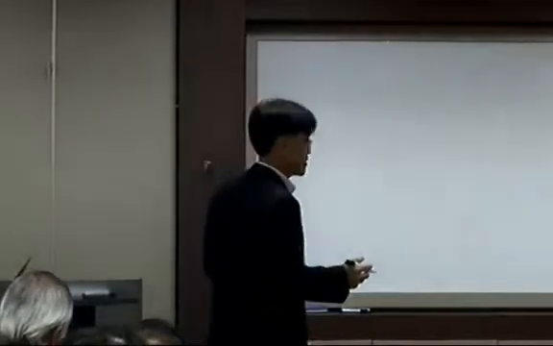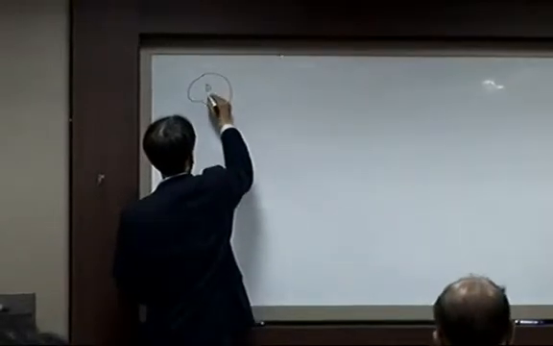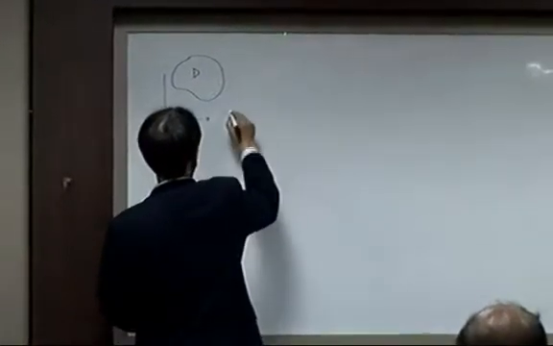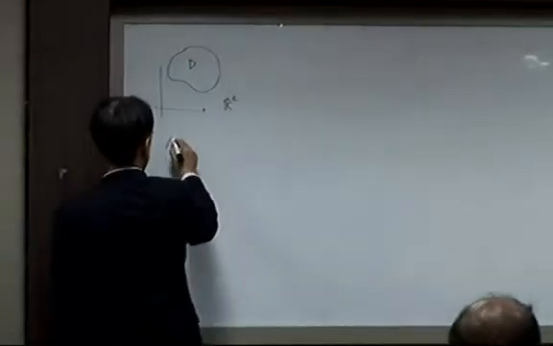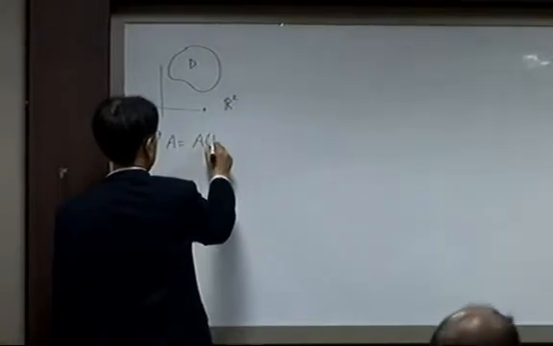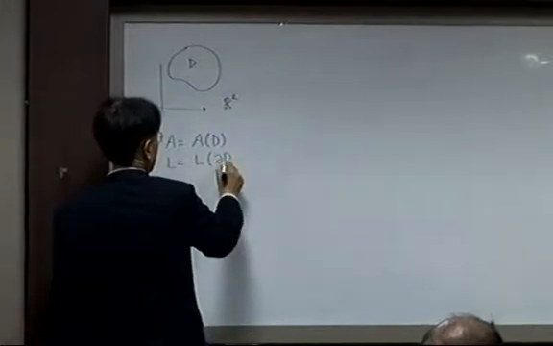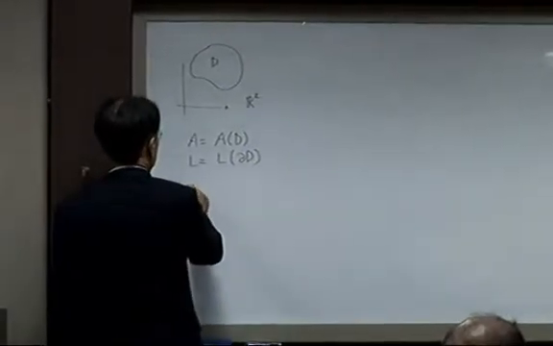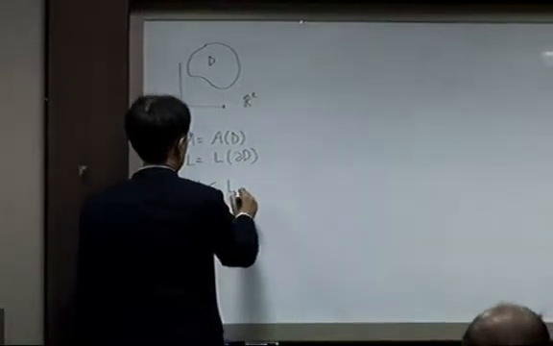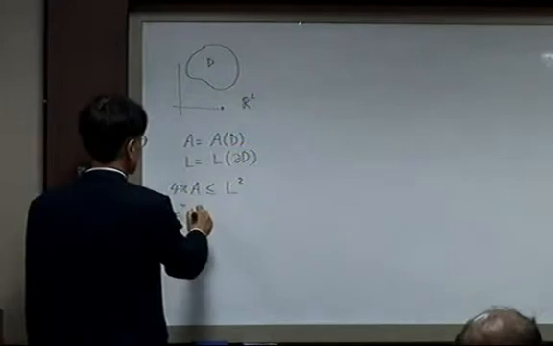Isoperimetric inequality for flat surfaces. Okay. Let me first start with a domain D in R2, and let A be the area of D and L the boundary length of D. Then it is well known that 4 pi A is less than or equal to L squared, and equality holds if and only if